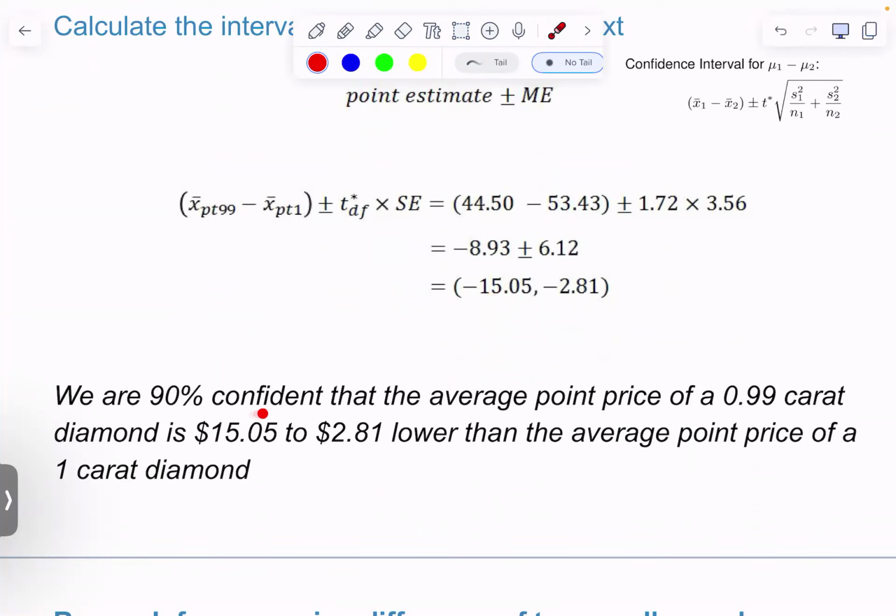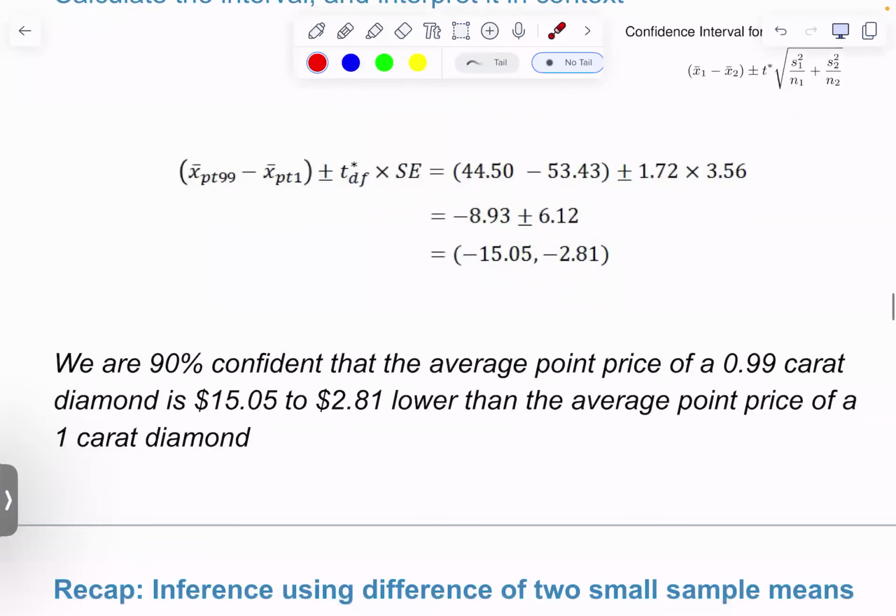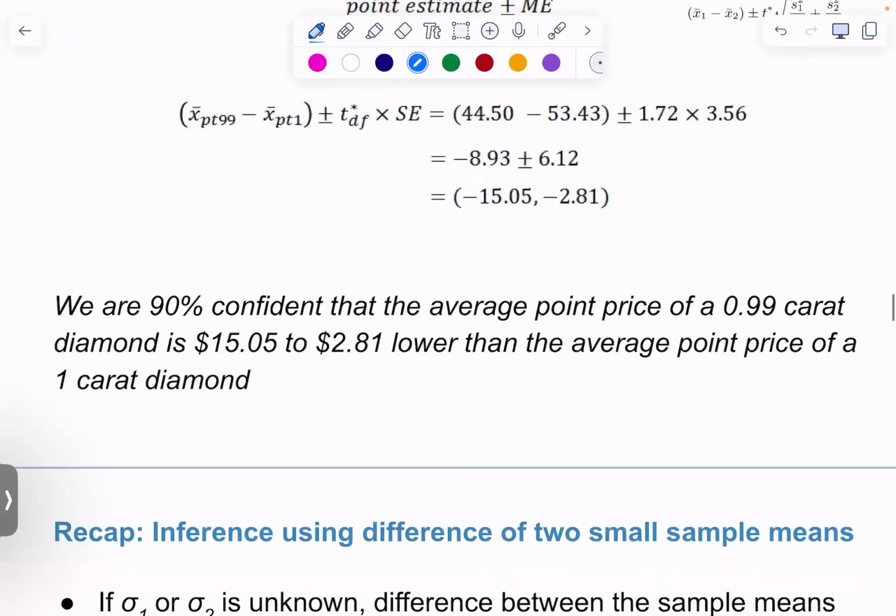And so we're 90% confident that the average point price of a 0.99 carat diamond is $15.05 to $2.81 lower, that's from the negatives, right, than the average point price of a 1 carat diamond. So slightly different interpretation, or if you prefer, right,